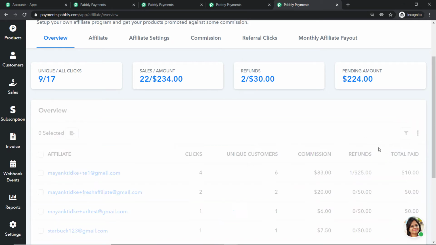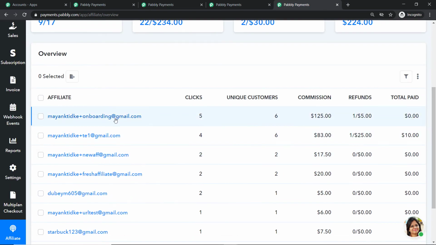When we click on sort by clicks, you get all the affiliates in descending order. For example, this affiliate with the maximum number of clicks, that is 5, comes first. Then we have the second affiliate, with a lesser number of clicks, that is 4, then 2, 2, 2, 1, 1, and so on. So we have sorted the affiliates according to the descending order of their clicks.